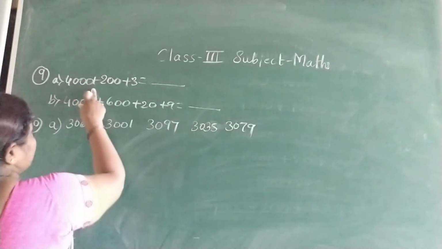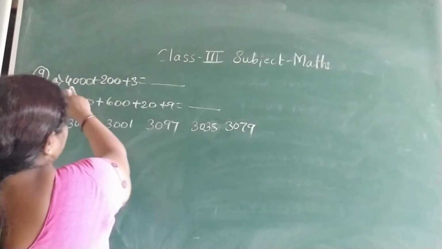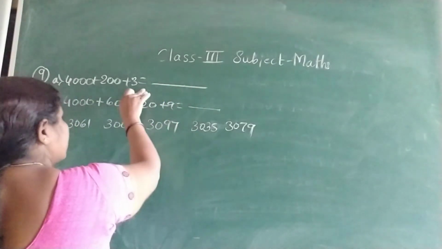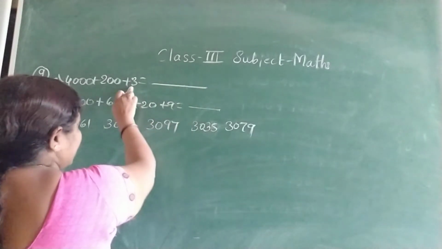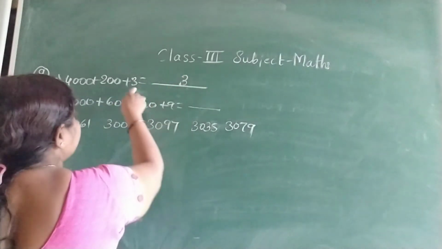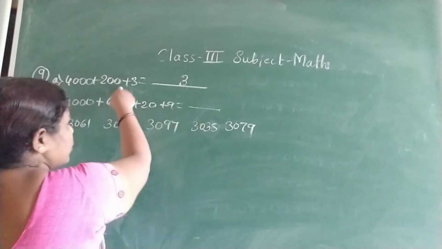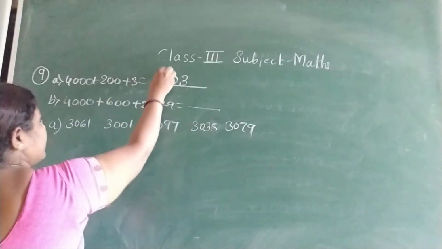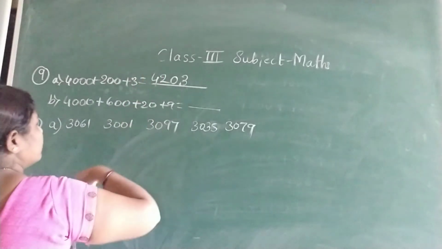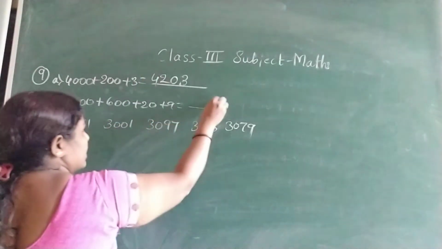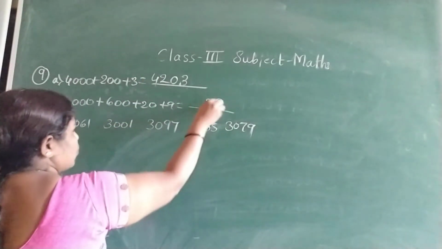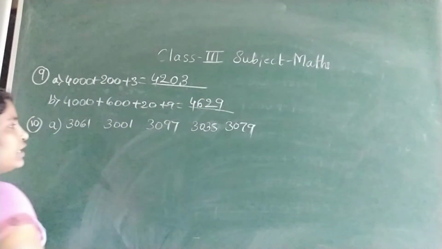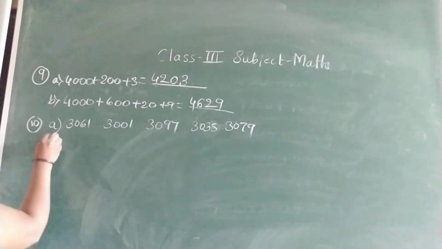Okay, this is 4203. So 4000 means you can write like this also. 3 means this is ones place. 200 means there is no tens place, so write 0 in tens place. Next 200, then 4000. Here see ones place is 9, tens place is 20, hundreds place is 6, then 4000. Yes, and write these numbers in ascending